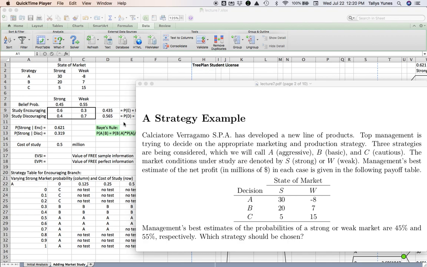Hello again, welcome back. This video again is a continuation of that strategy decision problem example we have been looking at. If you have not watched the initial video in which I described the story of the problem and we built the decision trees for it for parts A and B, please do so first because otherwise this one is not going to make sense.